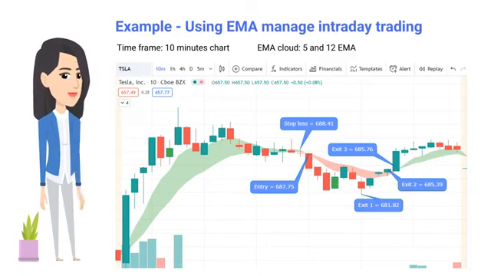First entry, you could start shorting the stock when the 10 minute candle closed below the EMA Cloud. The second entry is when the 12 EMA crossed over the 5 EMA. The third entry is when the EMA Cloud has changed to red. In this example, we will be using the third entry for illustration purposes, which would be when the stock reached